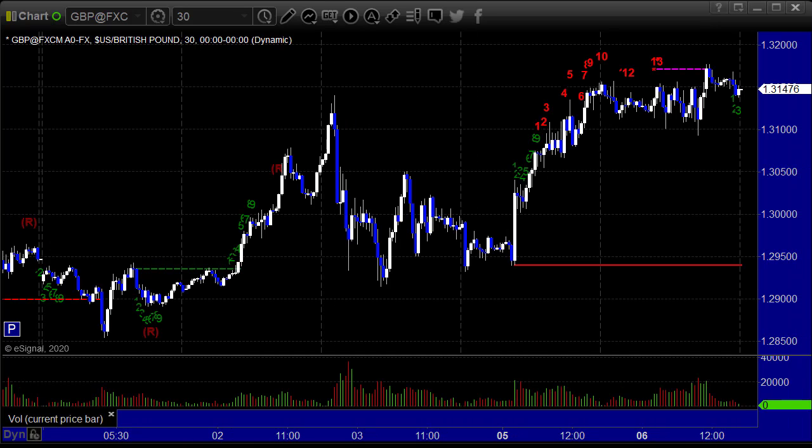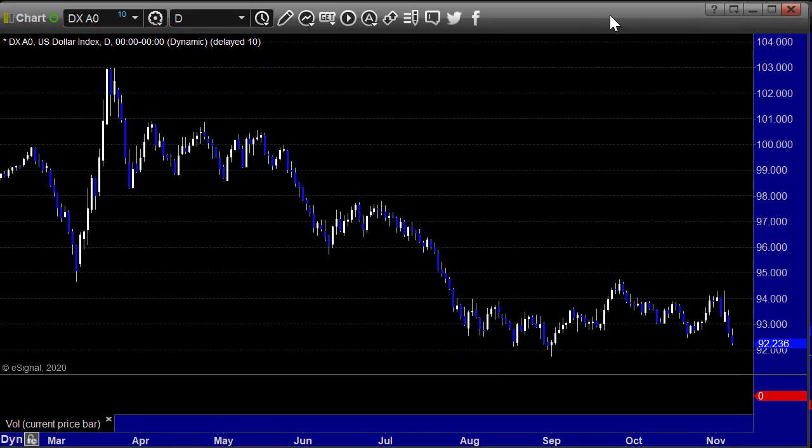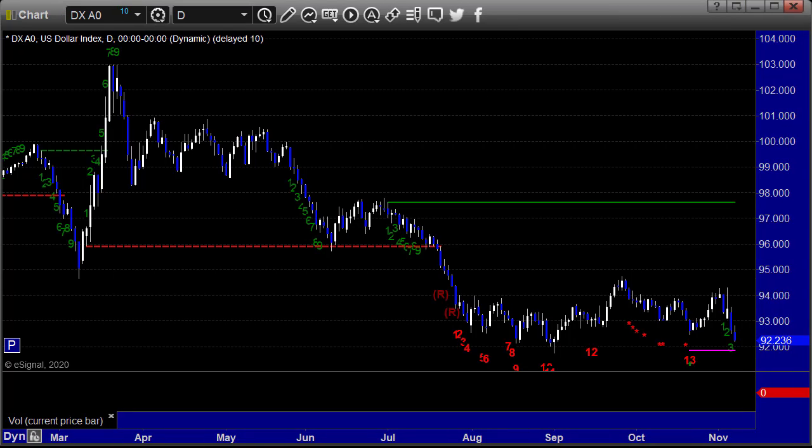The pound dollar on 30-minute candles. We had the Fed announcement on Thursday that made it pop a little bit. You can see that 13 sell signal. And again, about 300 pips of range here on the pound dollar. So with the daily charts so flat and locked in, and the weekly charts not showing anything different, the intraday is not that exciting. I would say there's nothing on the charts to say about Forex at the moment. Just going to keep trading it the way that we do every day and see what it brings us.